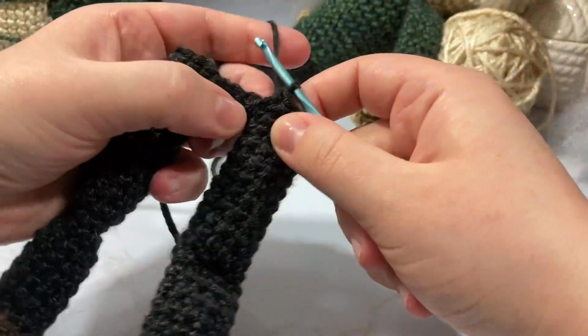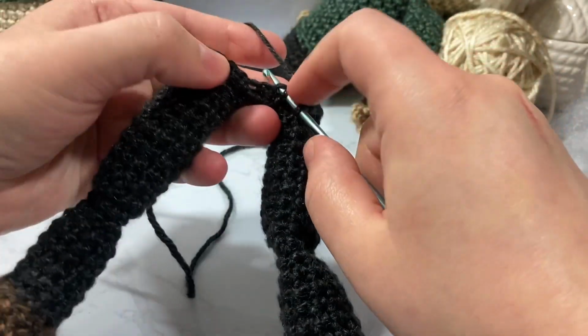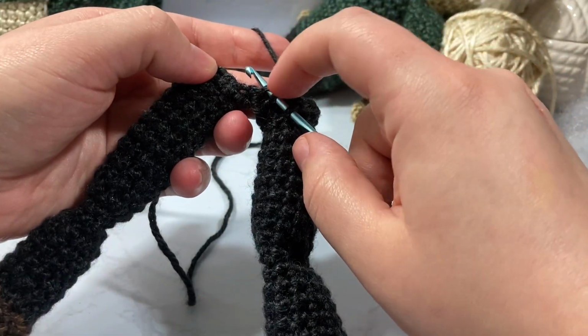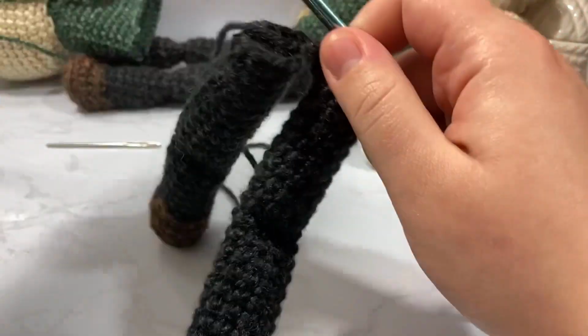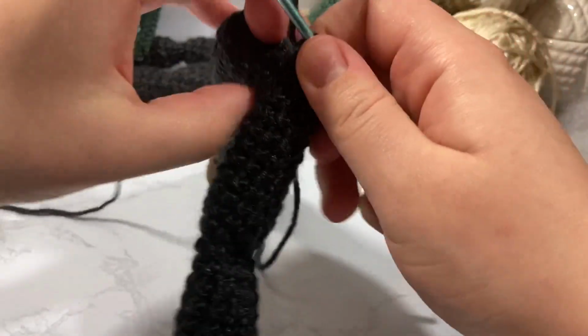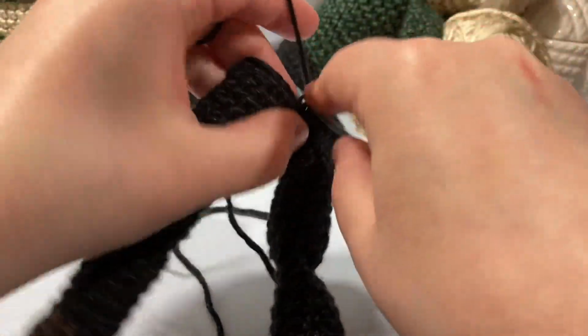What I'm going to do here is, again, I want to kind of hide that, so I'm going to go through these stitches right here, the chain back side on the other side, and we're going to single crochet those together. 1. Henrietta is going to give me some more yarn. We're going to go into the center one, 2,